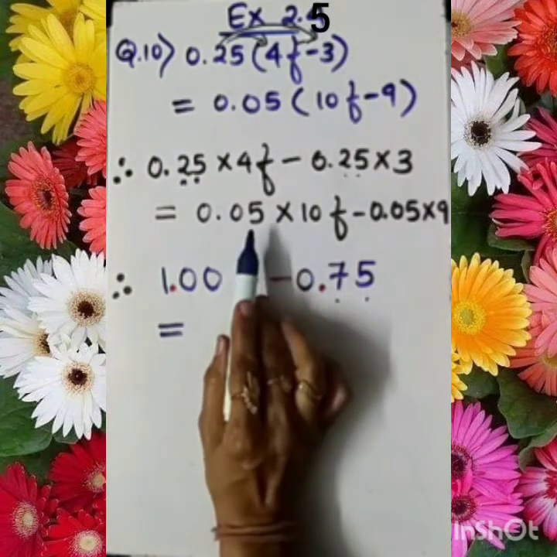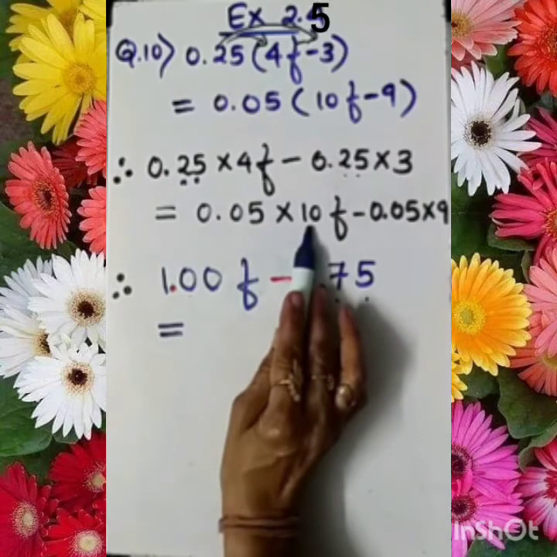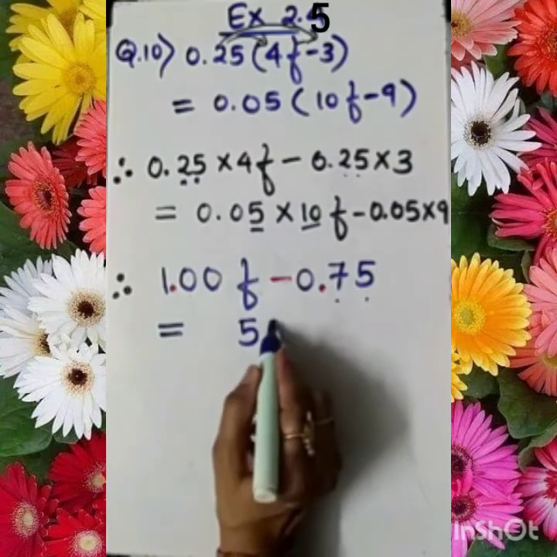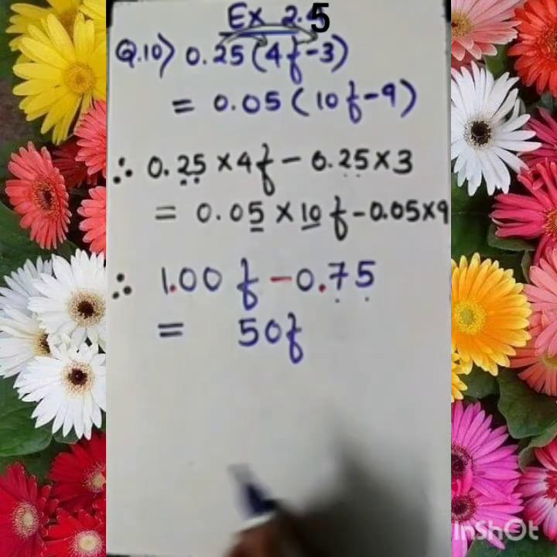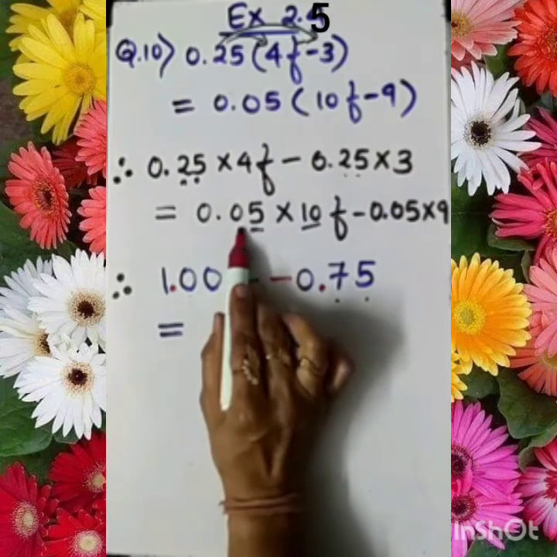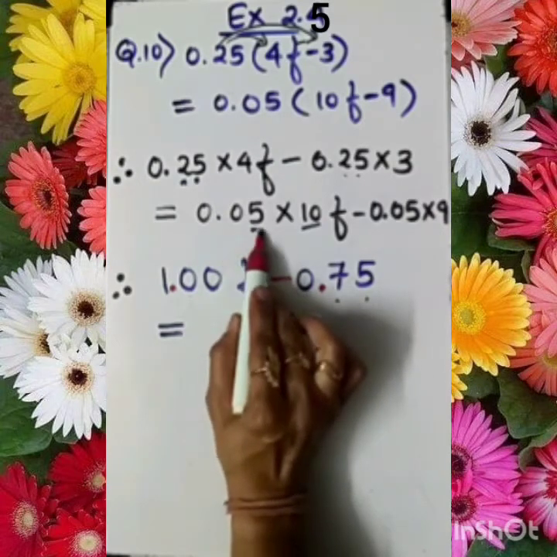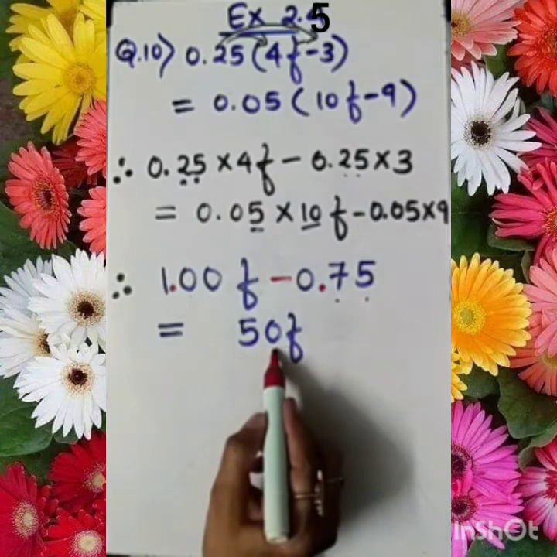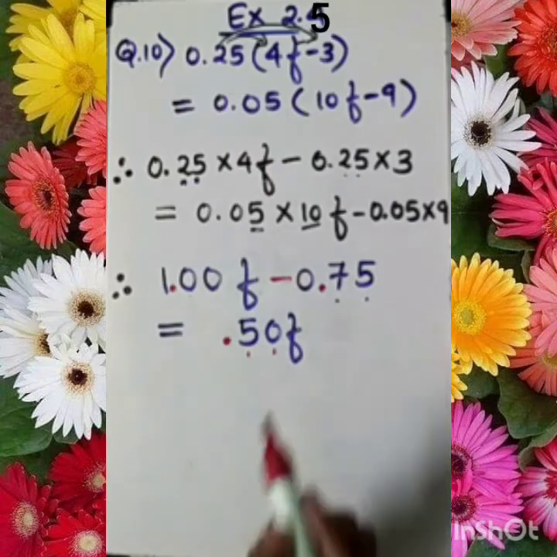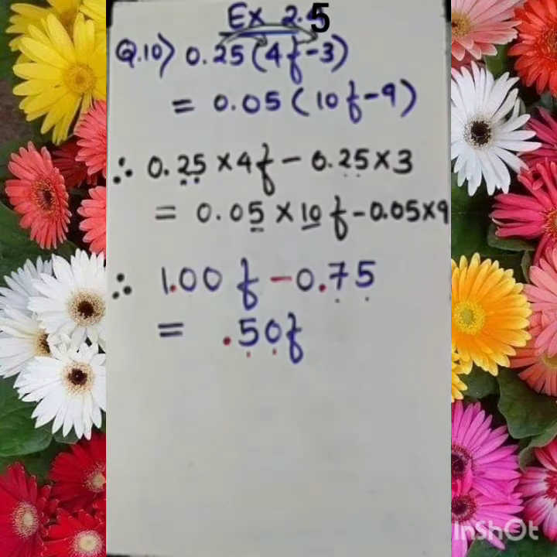Now simply, if I ask you to multiply 5 with 10, 5 times 10 is 50F. Agree? Now how to shift the decimal? Exactly, if I ask you, then you will say, ma'am, here there are 2 digits after the decimal, so 2 digits we need to shift from the back side. So here 1 and this is 2, so my decimal will come here. So I need to write here 0.50. Fine, got it? Please try to understand this technique, which is quite easy.